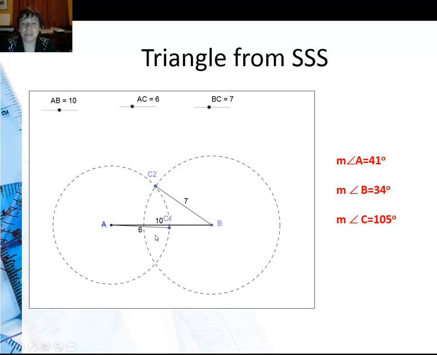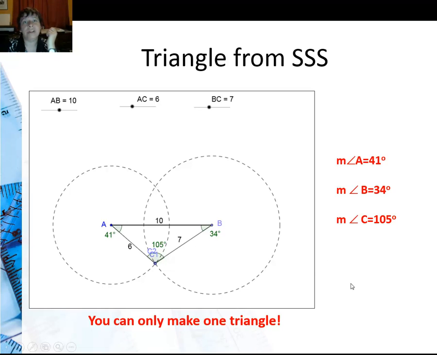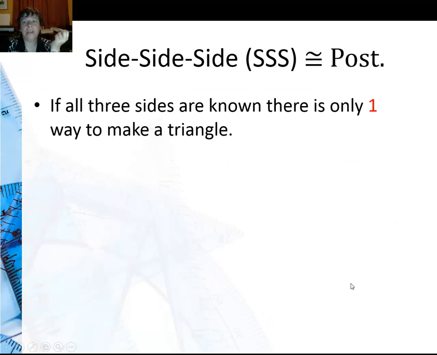Now, I can actually move these down further, and you're like, well, maybe I could make a different triangle. Let's see. It's actually the same triangle. It's the same angles, the same sides. So they're 2 congruent triangles. So if I'm given 3 side lengths that I'm able to make a triangle from, I can only make one triangle. So the side, side, side postulate says that if all 3 sides are known, there's only one way to